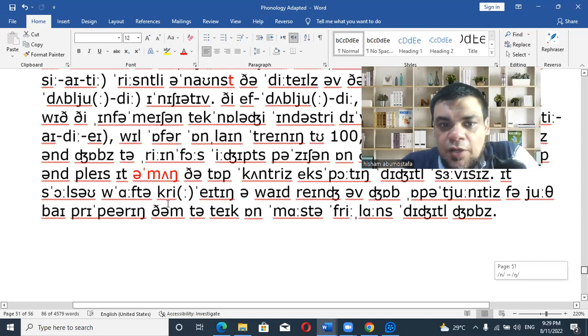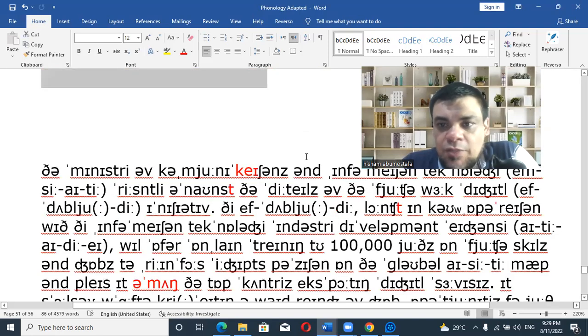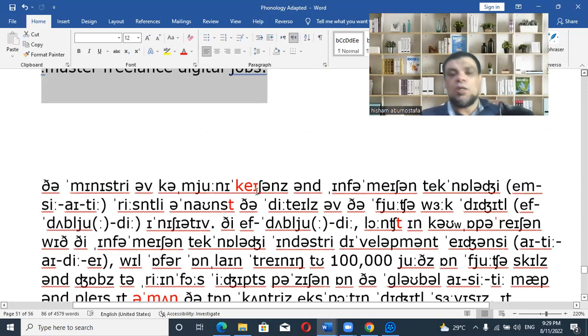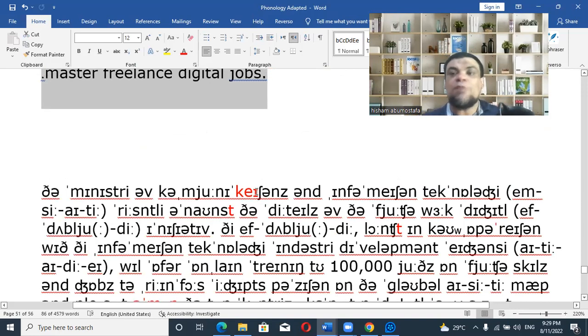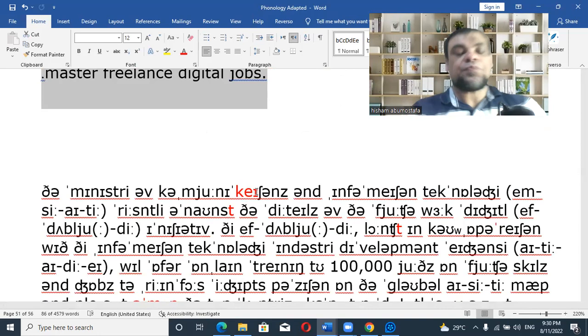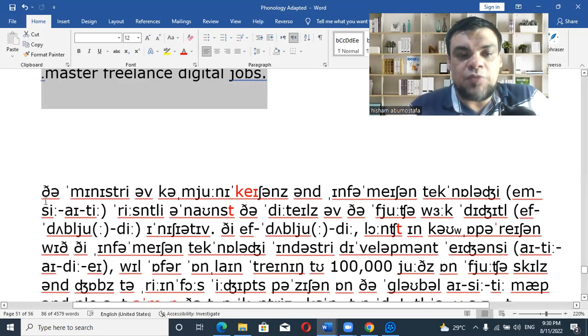The Ministry of Communications, so you can read from the transcription, not only from the text itself, but also from the transcription. So here you will be able to give detailed analysis of the whole text. So here, when you start reading the Ministry of Communications and Information Technology,